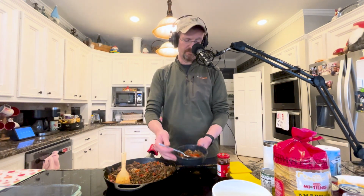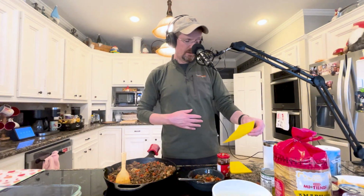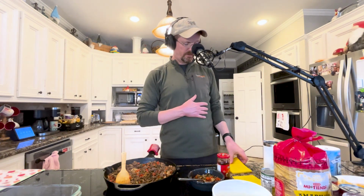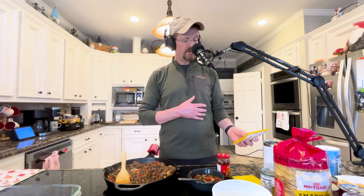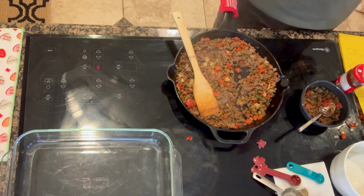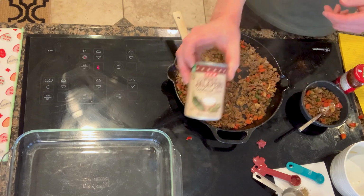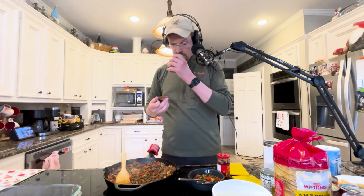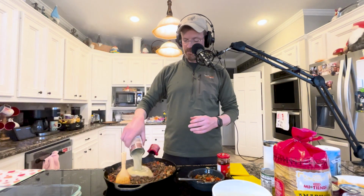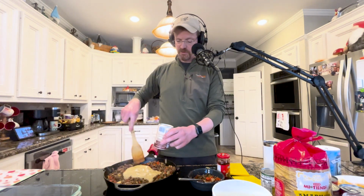All right, we're ready for some of our wet ingredients. We're going to add in the soups. Let's grab this cream of jalapeno. I've never used this soup before. I saw it being used on a recipe. Whew, I'm smelling that, and it smells good. It's more liquidy than I would have thought. Sometimes some of this cream of mushroom is...